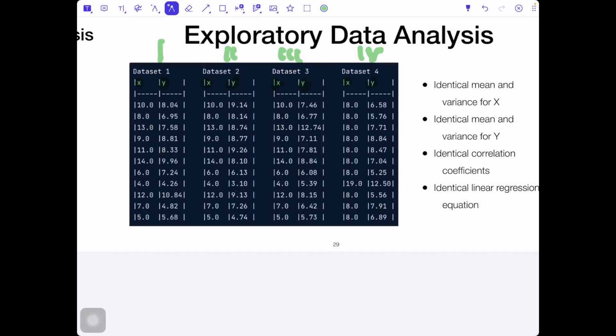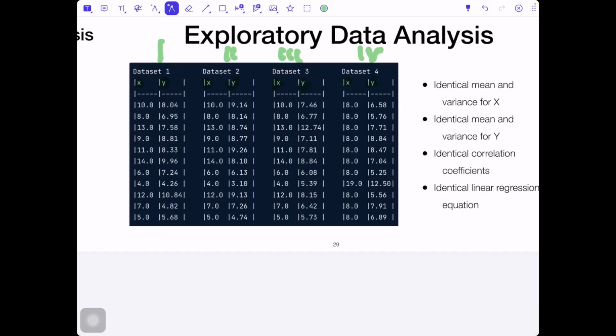Similarly, another classical statistical approach we can apply to get some information about the data is to fit a linear regression line to our data and see the parameters of the line. And here we get again the same parameters.